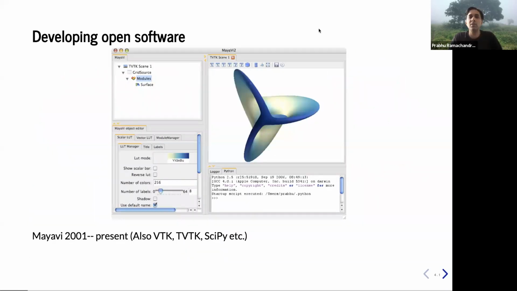But on the side, I've always been developing a lot of open source packages. So one package which a lot of people have used is called Mayavi. This is a 3D visualization tool that was written entirely in Python. It was written more than 20 years ago. So for many years it's been under development and growing. But of course, recently I've not had too much time to actually spend here because I'm also a full-time faculty. But it's a popular package that a fair number of people use. So I've been lucky to be able to create these kind of packages.